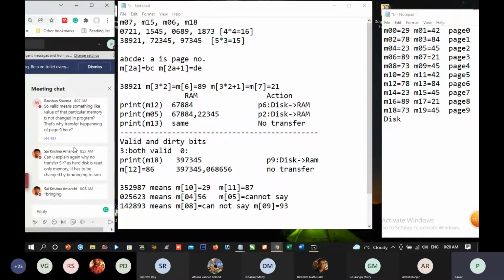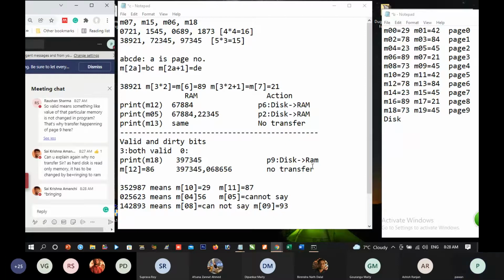No, no, Roshan is wrong. No. You see, when M12 equal to 86 will be done, we shall not do any transfer between disk and RAM.